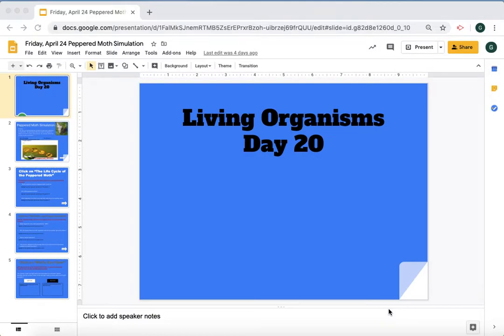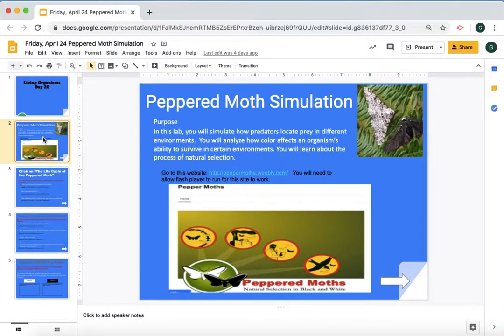April 24th, and this is our living organisms peppered moth simulation here. So once you click into your Google Classroom, click on living organisms peppered moth for Friday, April 24th. Once we open it, we're going to see that we'll go to this page and it says peppered moth simulation. Today you're going to simulate how predators locate prey in different environments. So you're going to act like you're a bird and you're going to be eating some peppered moths